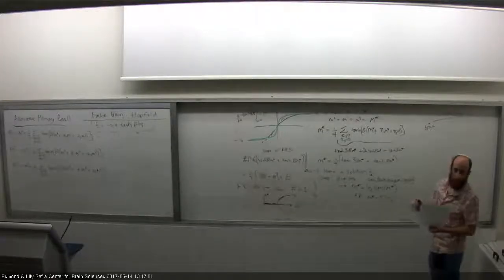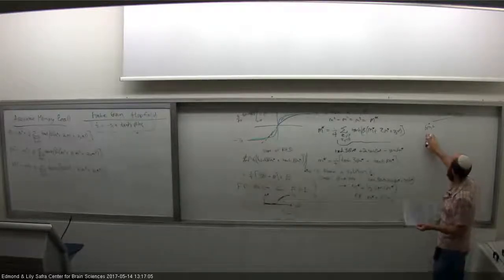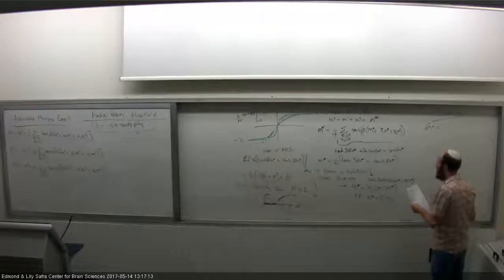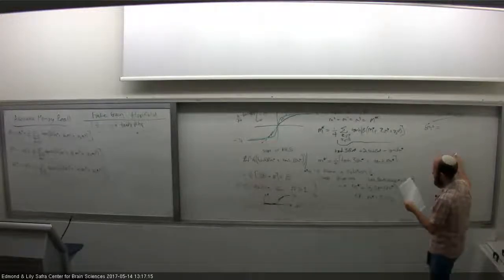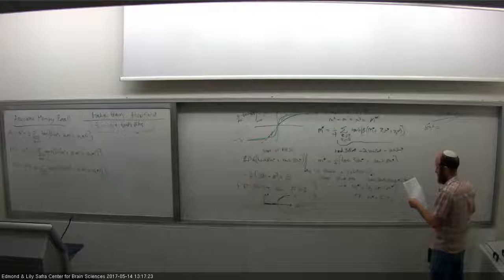So we're going to introduce delta changes in m1, m2, and m3. So we'll have three equations, delta m1 dot. Delta m1 dot is going to be, let's see,